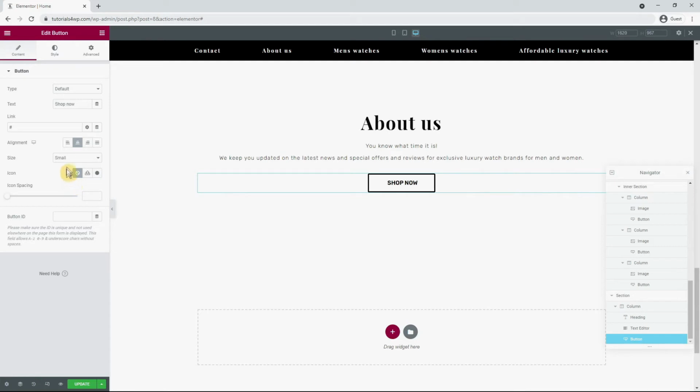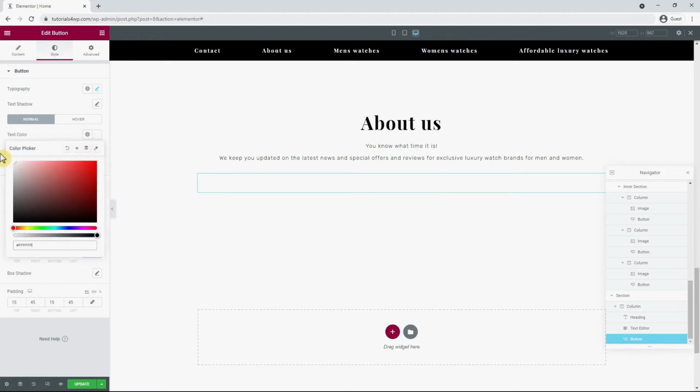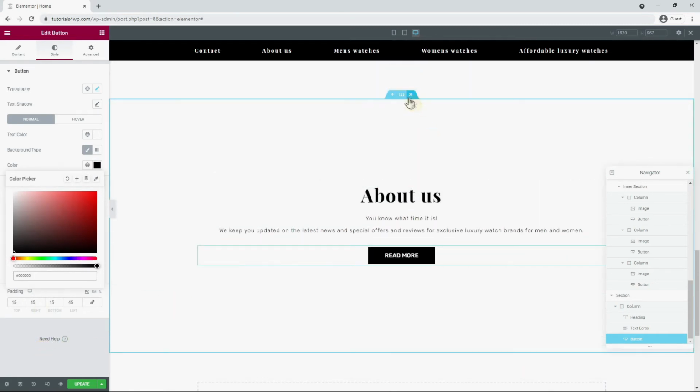Now I adjust the text in the text field to Read More, and at the link option you can add any link that you want to, and in this case it's for the About Us page, so I add this URL. And now that's done, I go back to the Style tab, and there I make the text color white and I change the background color to black. So the button is now ready, and now I want to add an image to the background of the section,